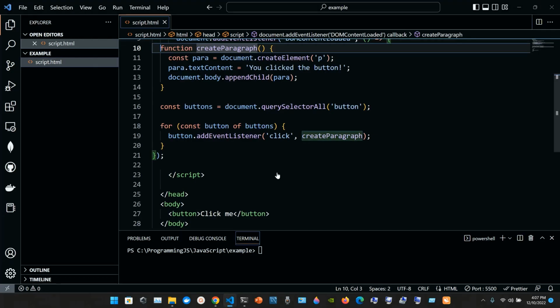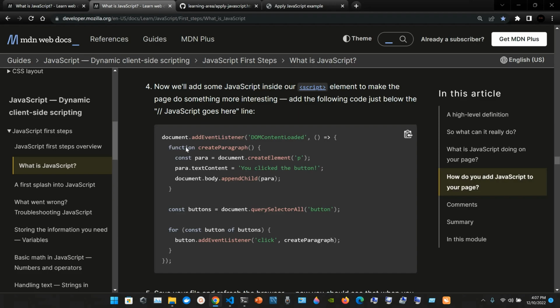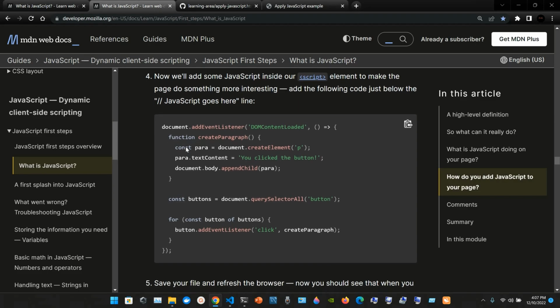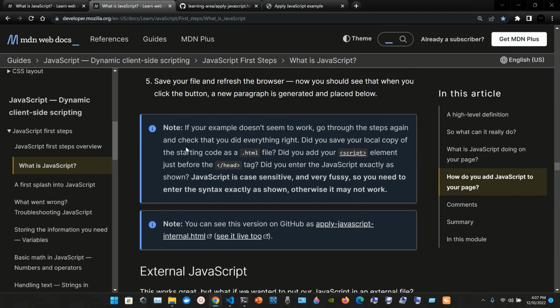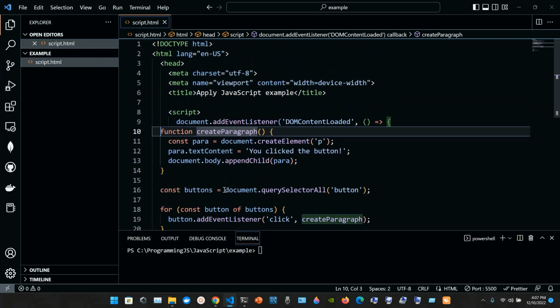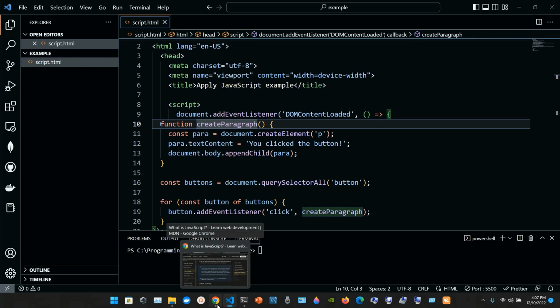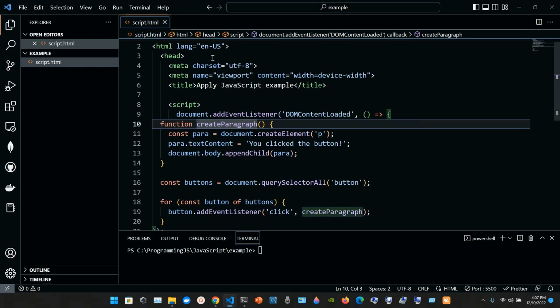So we go to 5. Save your file and refresh the browser. Now you should see that when you click the button, a new paragraph is generated and placed below. Yeah, right now I just pretty much wanted to show you how you connected a JavaScript